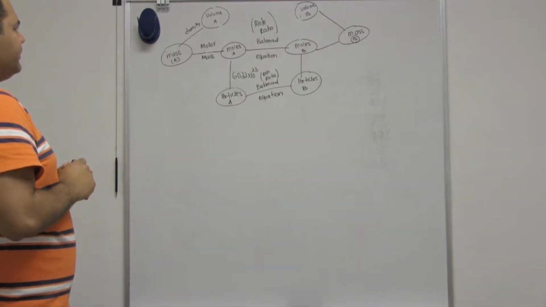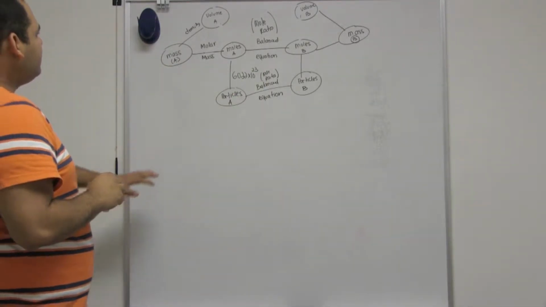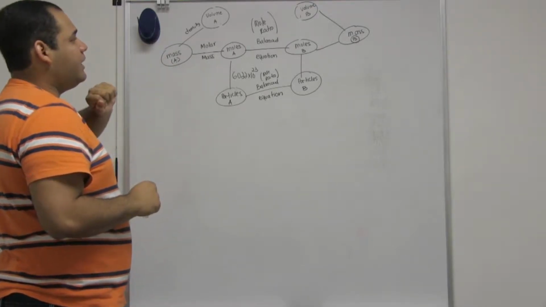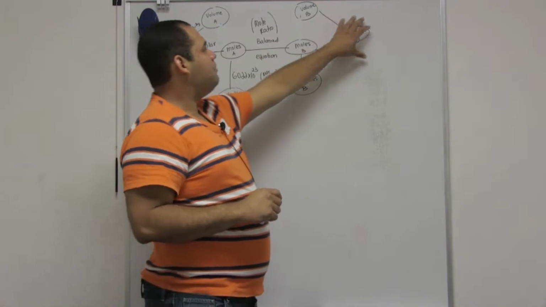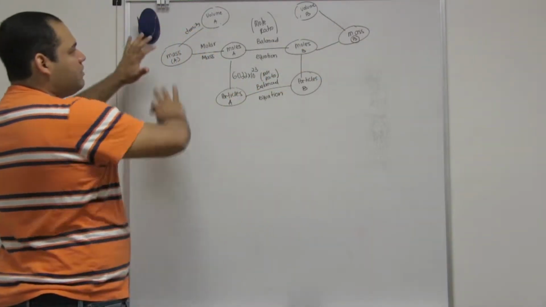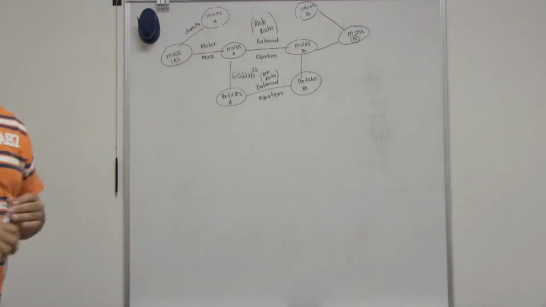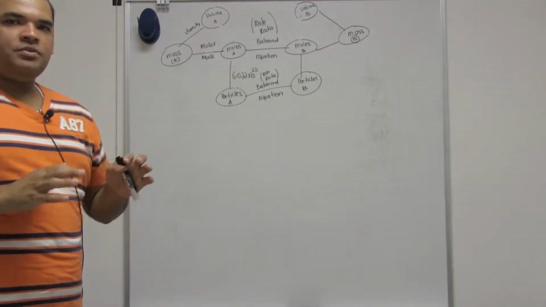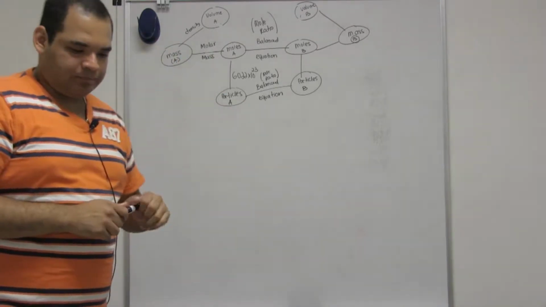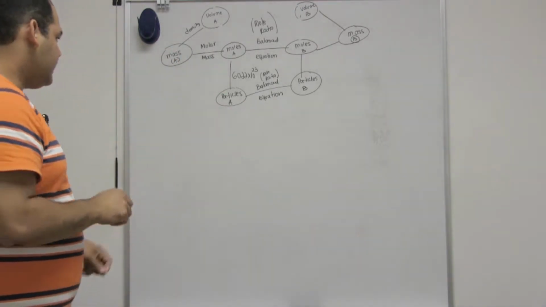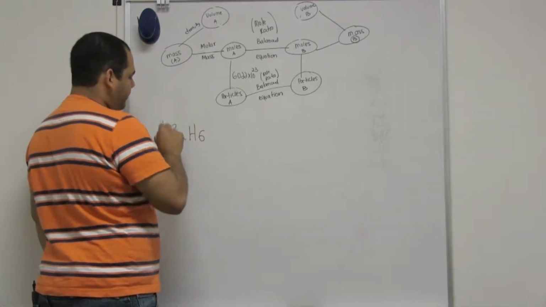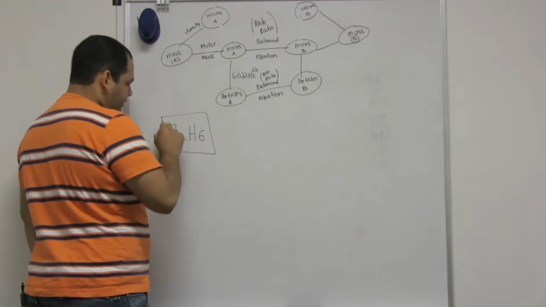Basically, I will have a particular problem giving me the grams of my compound A and ask me to find something in B, or particles of B, particles of A, and I can walk through the Molar map. So let me show you two examples, and these two examples will be really helpful to understand how the Molar map works. On here, I have ethane, and my question says that it was a